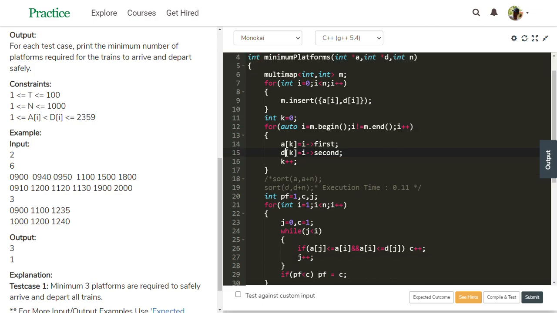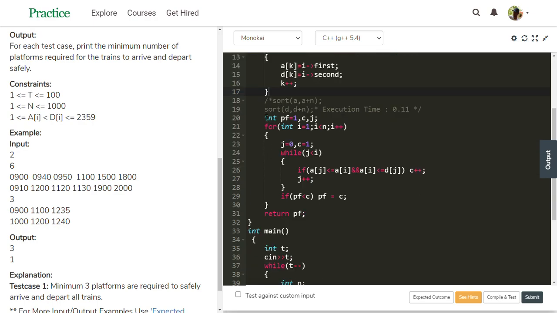Then we get the details sorted based on arrival times like this. The given examples are already sorted, but if any example is not sorted, it becomes sorted with this multimap.